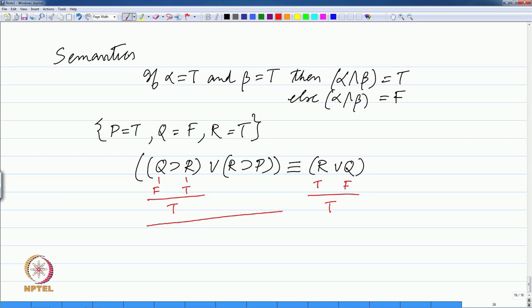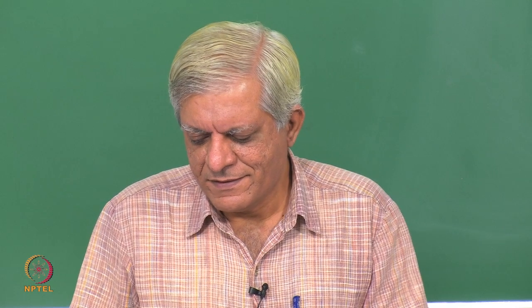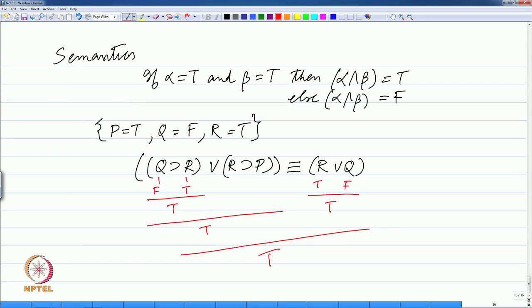Now, since this is true, this whole formula is true, irrespective of what is the valuation of R or P, because it is an OR connective here, and because this is true and this is true, this whole formula becomes true. So, we can take any arbitrary formula and evaluate its truth value by plugging in the values essentially. But this is dependent upon the fact that we have been given a valuation function. So, for this valuation,